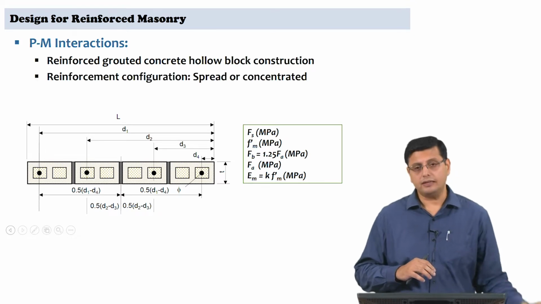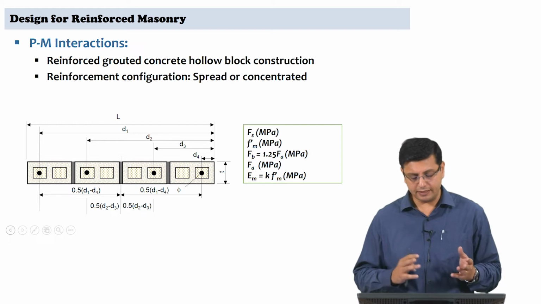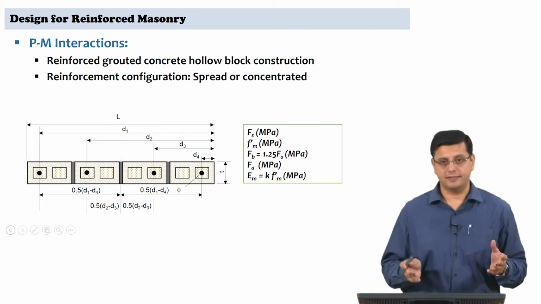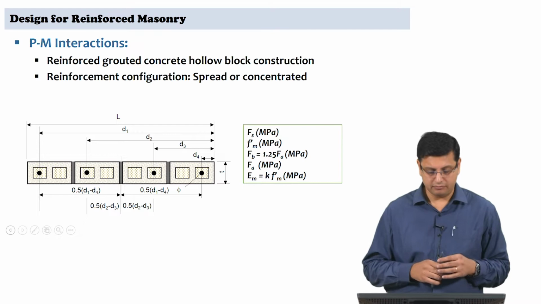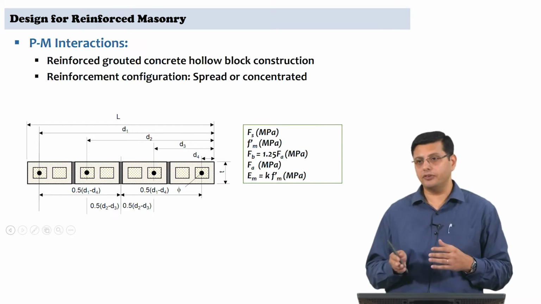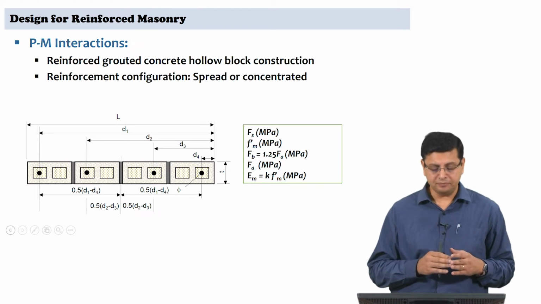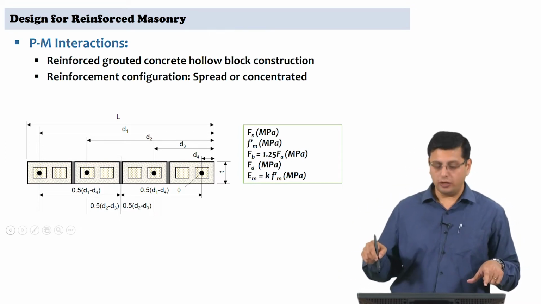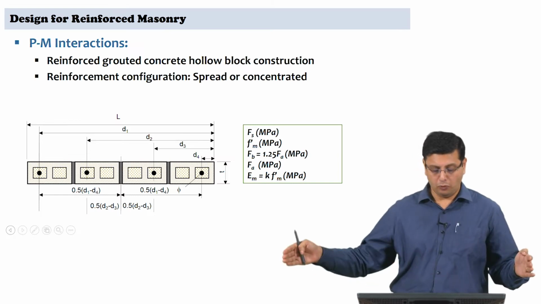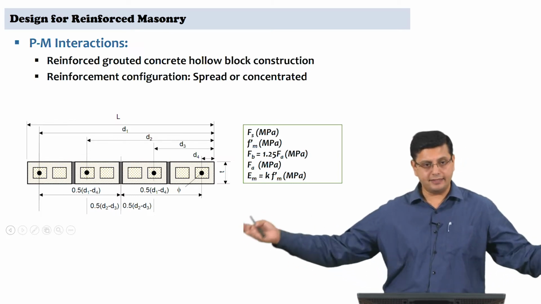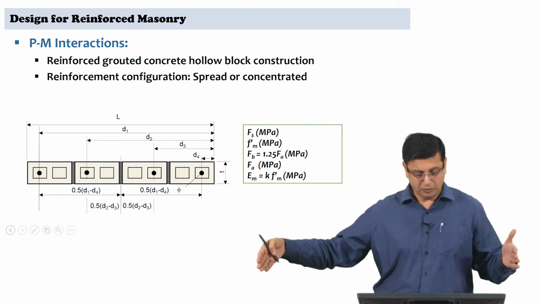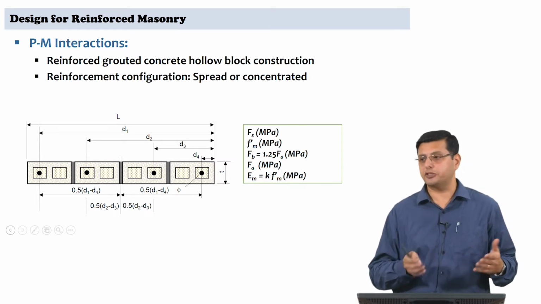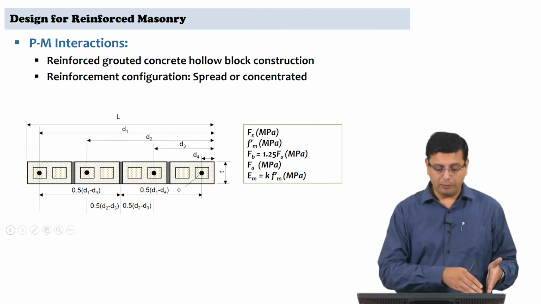And then of course, one important difference in the moment capacities that you would see is depending on the reinforcement configuration in the wall itself. So, the reinforcement configuration as stated here, we are looking at either a spread configuration or a concentrated configuration, right. Now, what do you mean by a spread configuration of reinforcement and a concentrated configuration of reinforcement? If you are using hollow blocks and your wall is made out of 4, 6, 8 depending on the number of hollow blocks that you require to make the entire length of the wall, the placement of the reinforcement, considering that you are designing these as flexural walls, in plane flexural walls or shear walls,